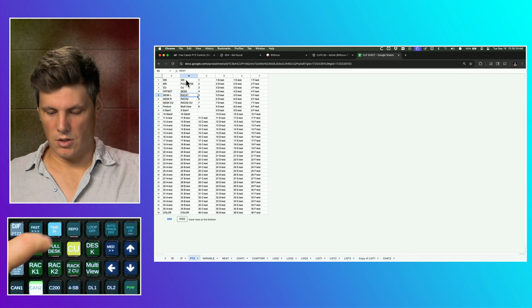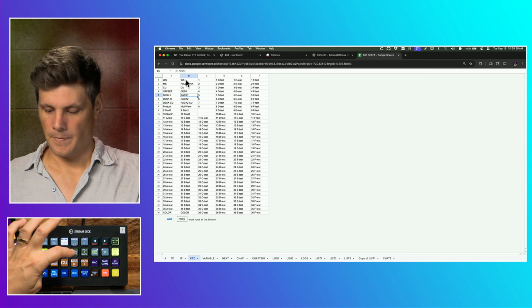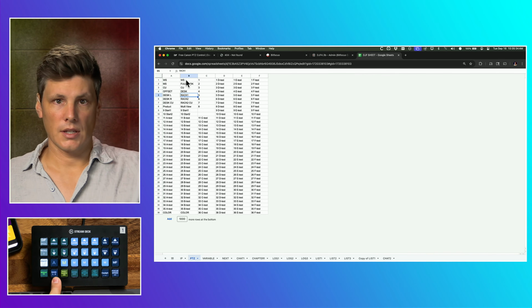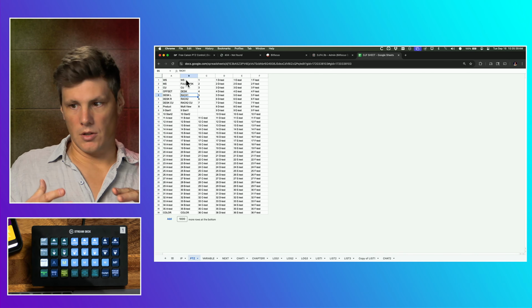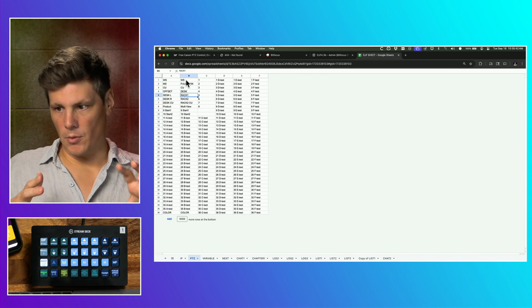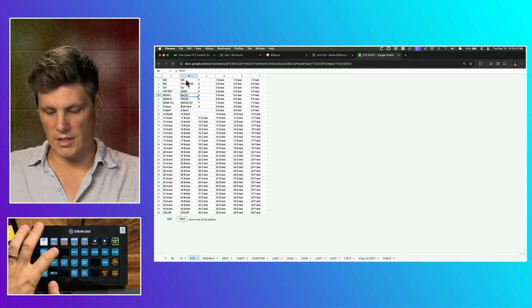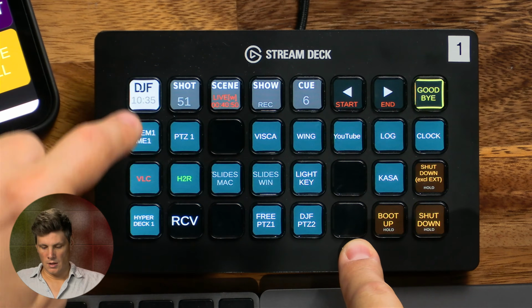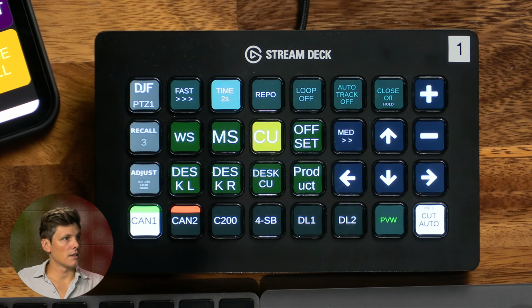All right, let's go back to a close-up here, and the last one I wanted to show you was something that I don't use very much, but I built it in because I feel like there might be people with bigger shows that want this. So at the moment, my profile can address 6 cameras. I'm going to jump back over here. So you can address 6 cameras in one setting that is under